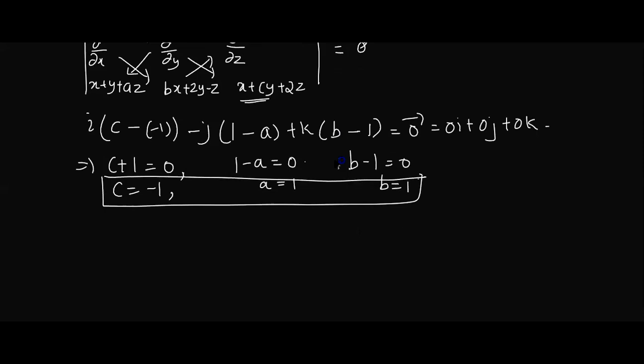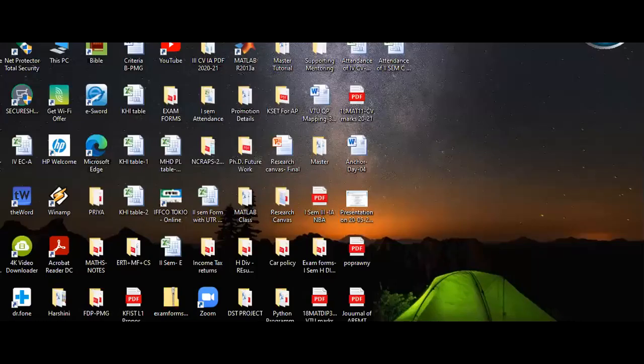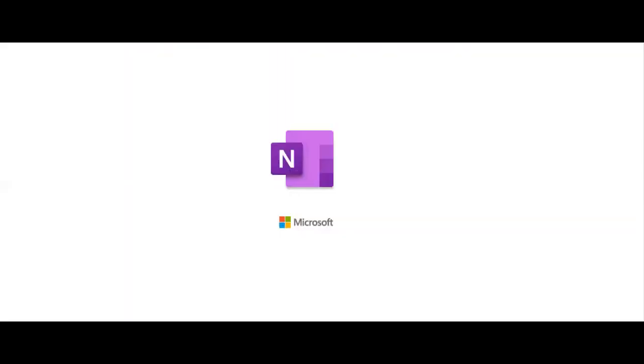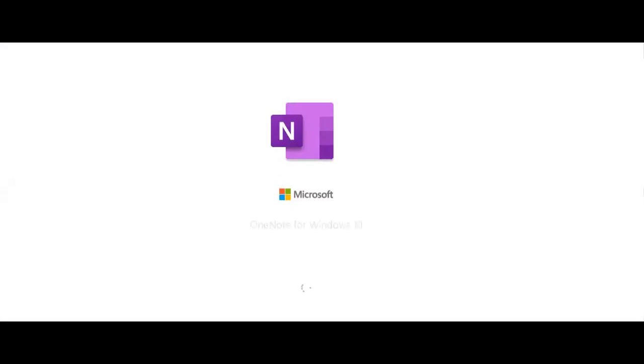Let us find phi. Has anybody found phi? Has anybody completed the problem? Okay, this is a little lengthy, so I'll just do it. So del phi is equal to F bar. Del phi means dou phi by dou x i, dou phi by dou y j, dou phi by dou z k, equal to F. Substitute the values of A, B, C and take your F bar.